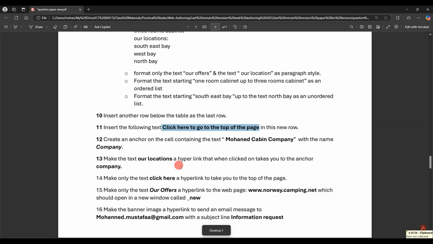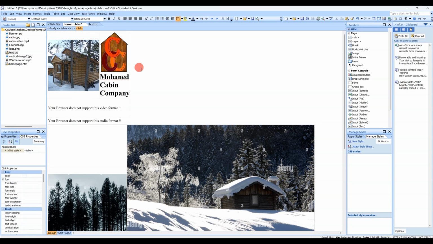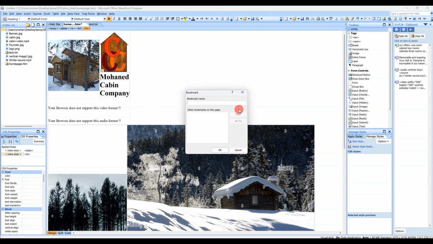Done. Create an anchor on the cell containing the text Muhannad Cabinet Company with the name company. So we need an anchor to be created. And remember, the anchor is one type of hyperlink that is not visible within the page. So the anchor should be in this cell that contains Muhannad Company. So I'll click just inside the cell, and to create an anchor, I will go to Insert, Bookmark,